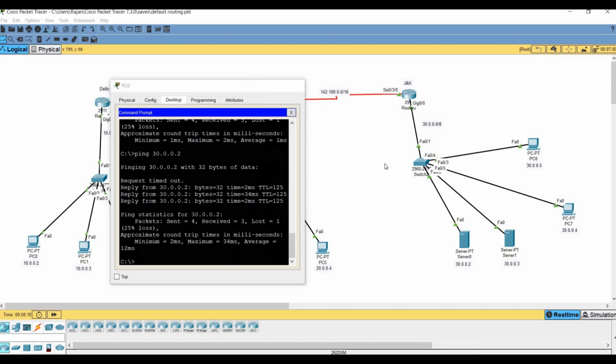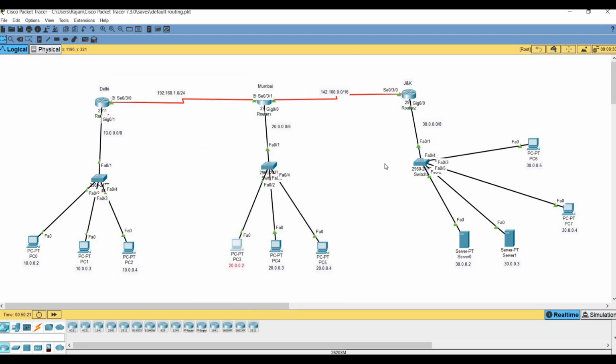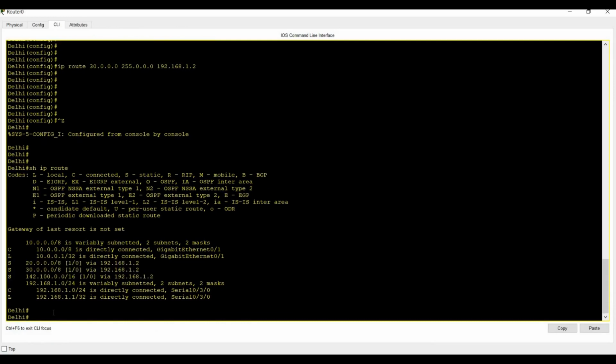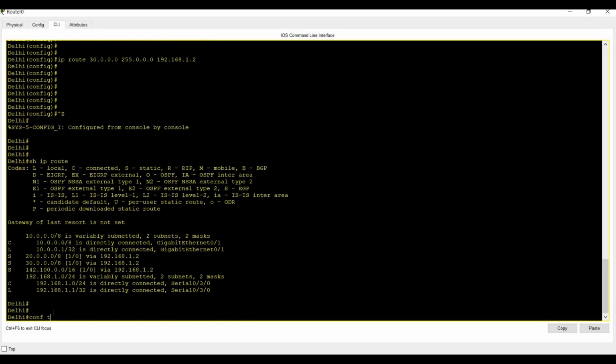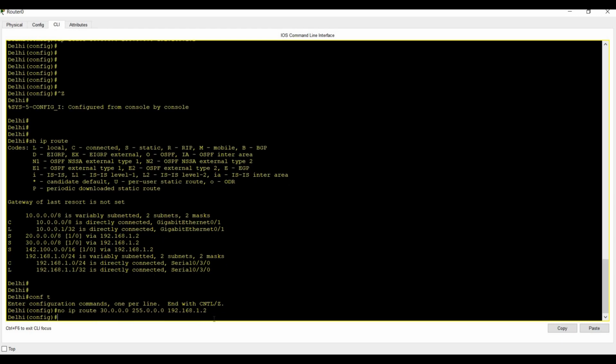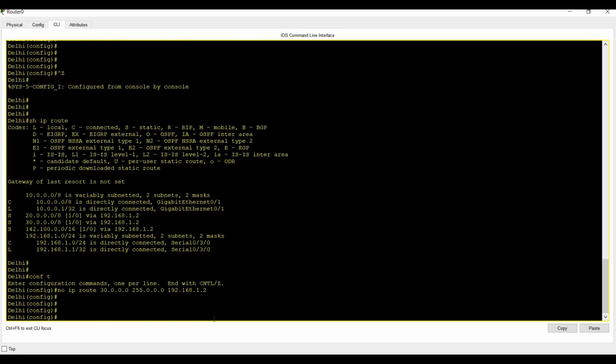Now the question is how to remove static routing if we configure routing on any router. To remove it you need to run a command. Go to conf t and add no in front of the command: no ip route, and then enter. Now check whether this network is available in the routing table.